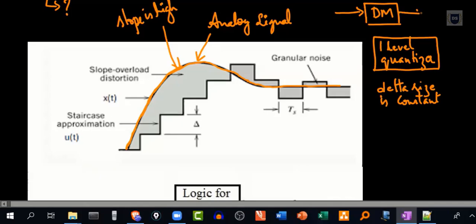Because of which, if we feed an analog signal with a very high slope value here, we'll be getting a staircase approximation as output. So this will be the delta modulator output, this staircase approximation. And you can see that there is a large gap. Our input analog signal is associated with a very high slope value, but our delta modulator is not in a position to keep up with that very high slope.